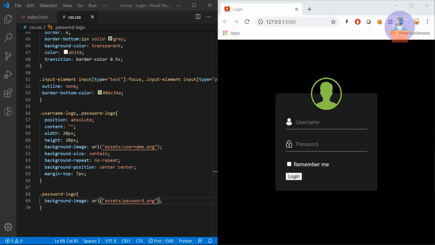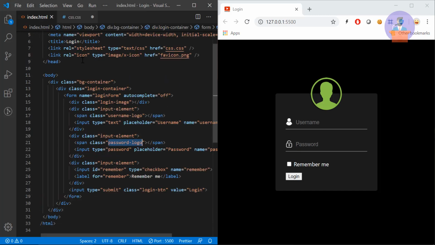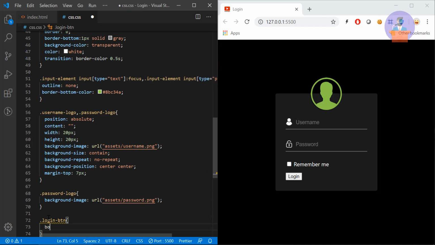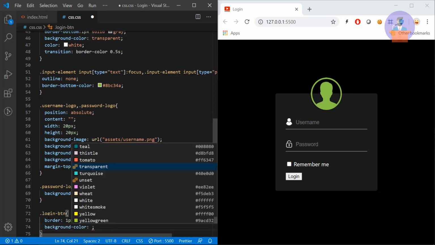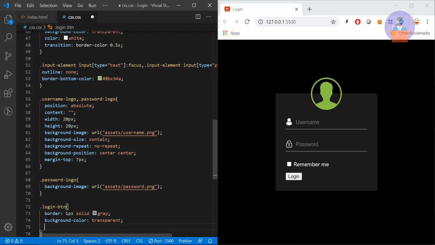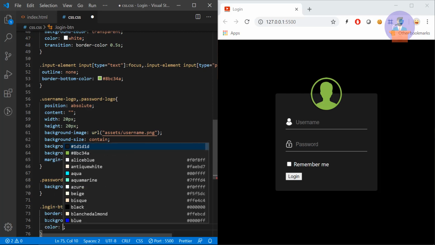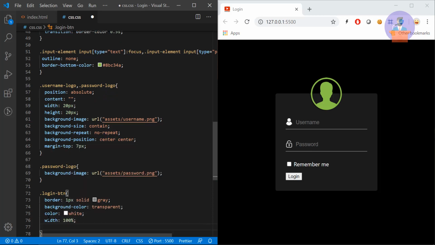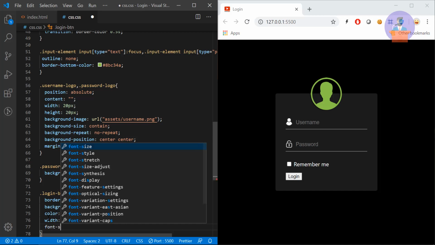Now I'm going to add CSS to our login button. So I will copy the class name and paste it over here. I will write border as 1 pixel solid gray, and background color will be transparent, and text color will be white, and let's provide width as 100% and font size around 20 pixels.